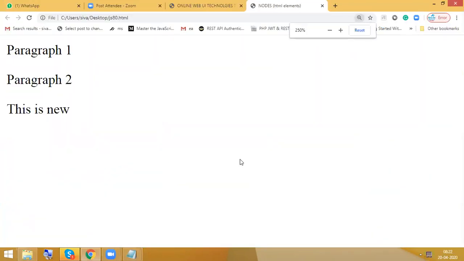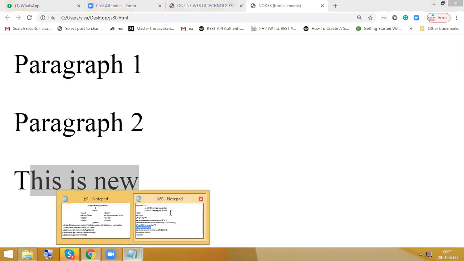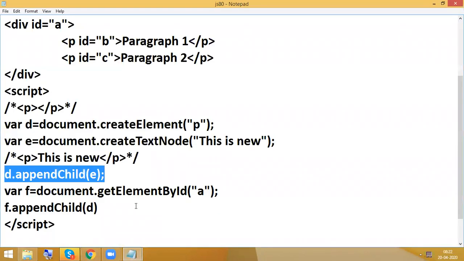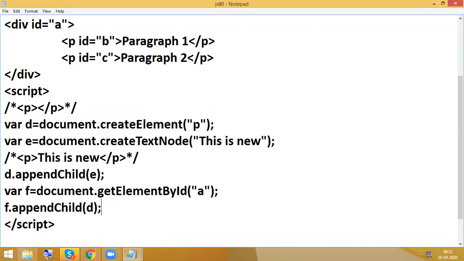So now whatever element that we created by using the node concept, nothing but script, we added here. Okay, fine. So this is the way we are going to create the elements. But in real time, why are we not using pure JavaScript? Because you need to write more lines of code.